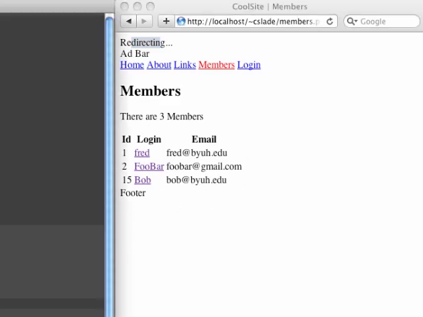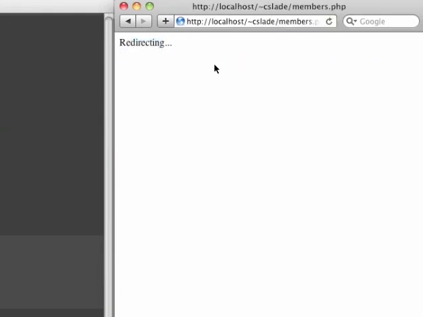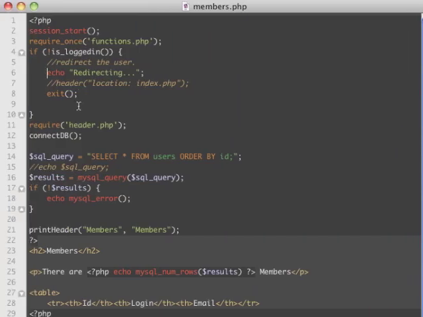So it's really important to exit our script right here so we don't continue on and do stuff. That's really important for the delete page, because if we're protecting somebody from deleting someone out, and we go ahead and delete them out and then redirect them afterwards, the action will be done whether we redirect them or not. So instead,